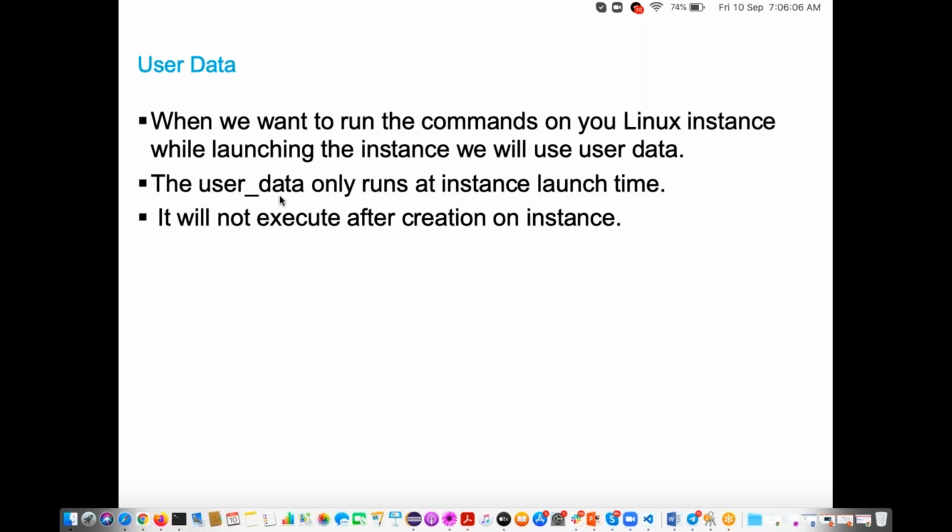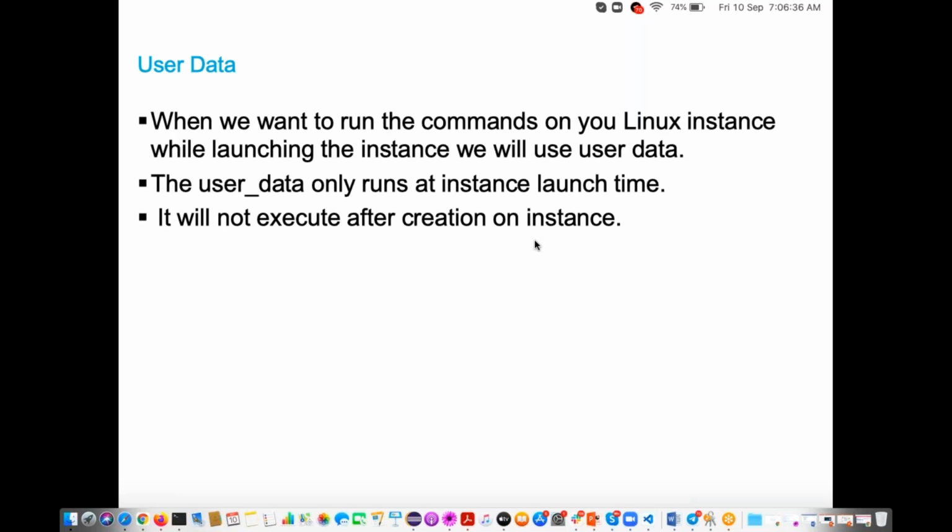While creating the instance, whatever commands you are passing under the user data section are going to execute. After that, it will not execute. Once we create the EC2 instance, it is not going to execute whatever you keep in the user data section.